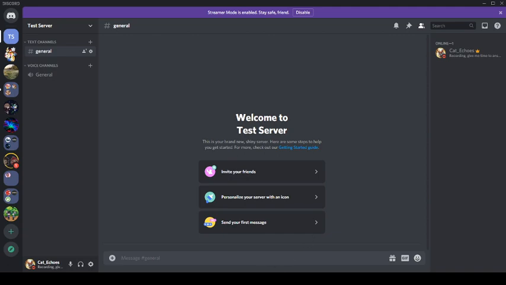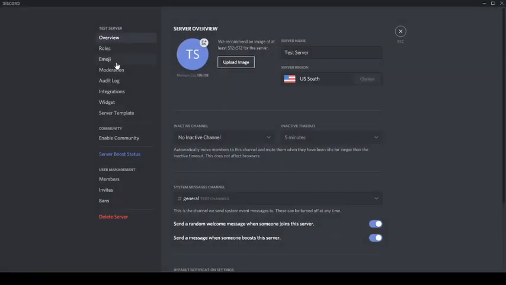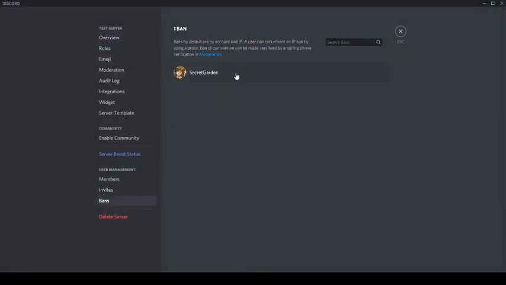However, in order to revoke this glitch, all you need to do is go to your bans and revoke every ban. Now this will take a longer time to do if your server is mega large, but in order to get your alt, your co-owner, whatever, to come back to the server because for some reason it says they're banned and you did not ban them, all you do is revoke every ban on the server and they can come back. So, for example, if I revoke Secret Garden,